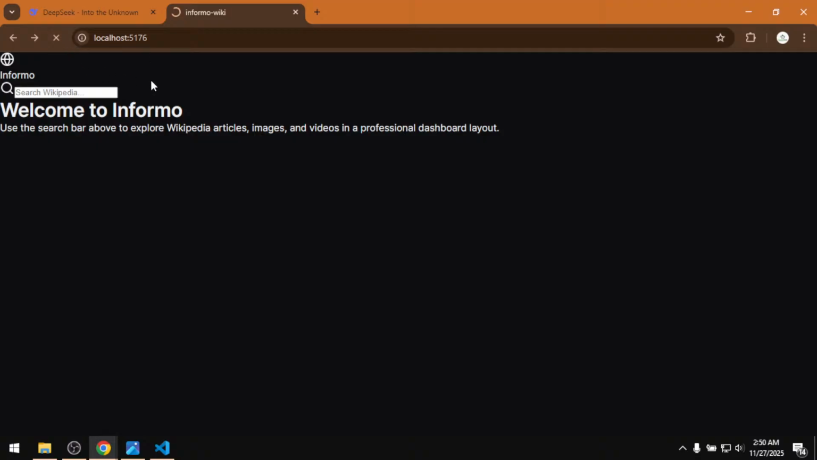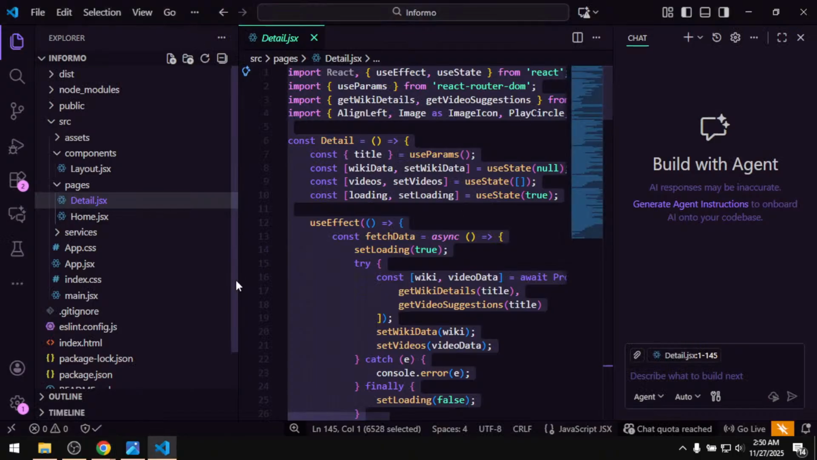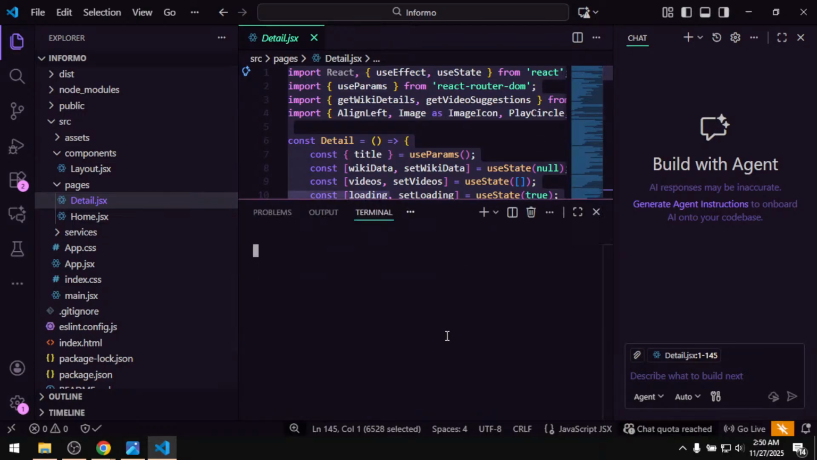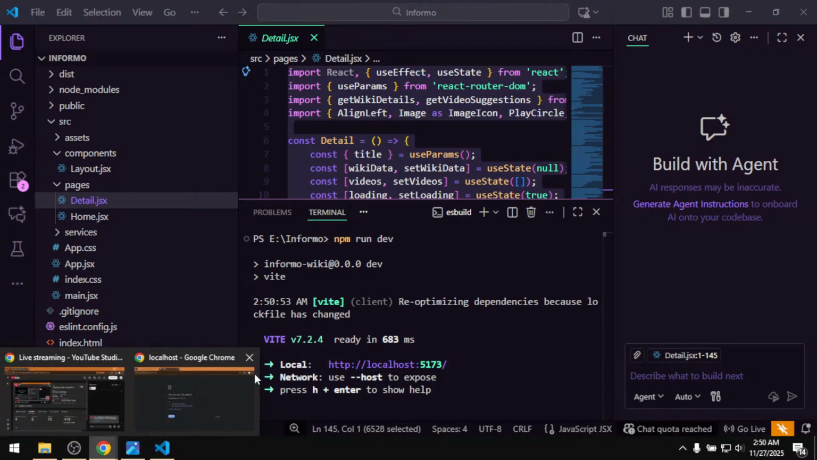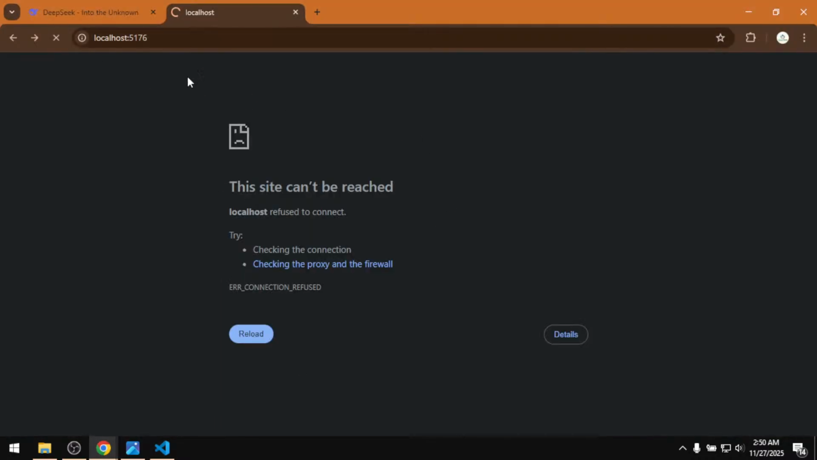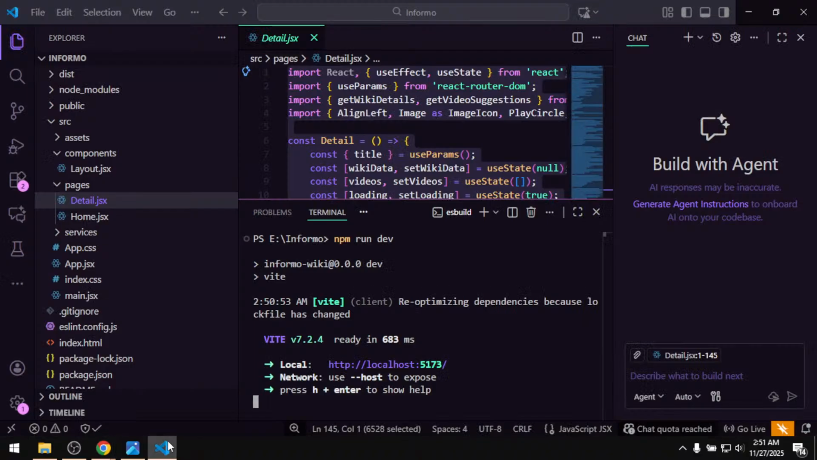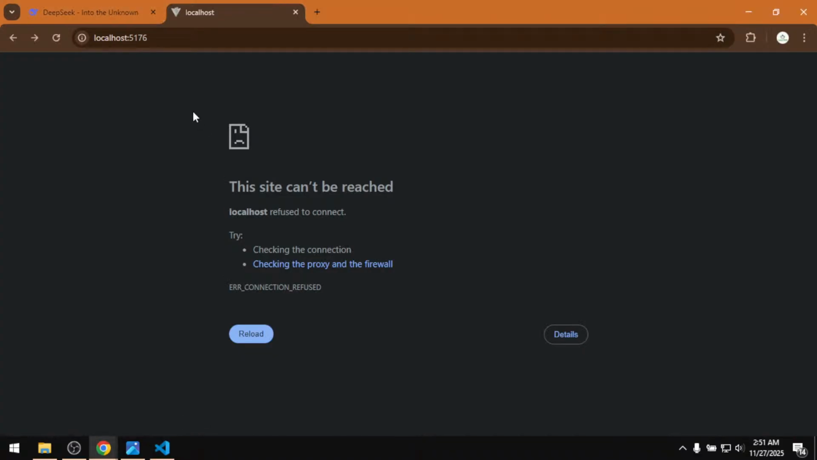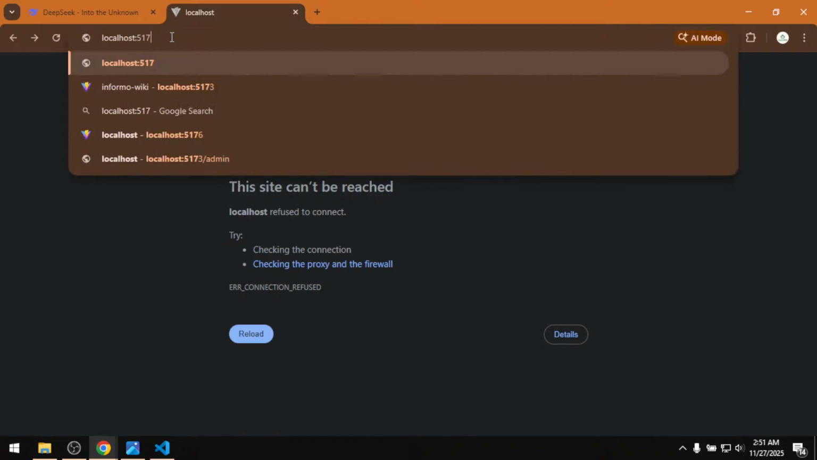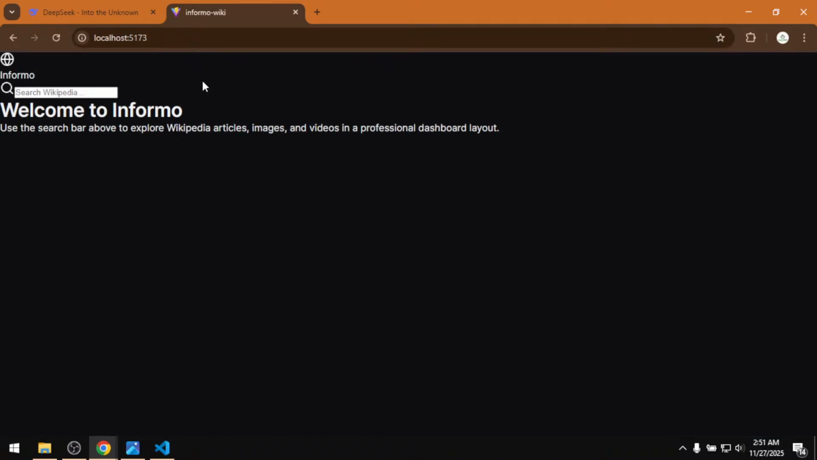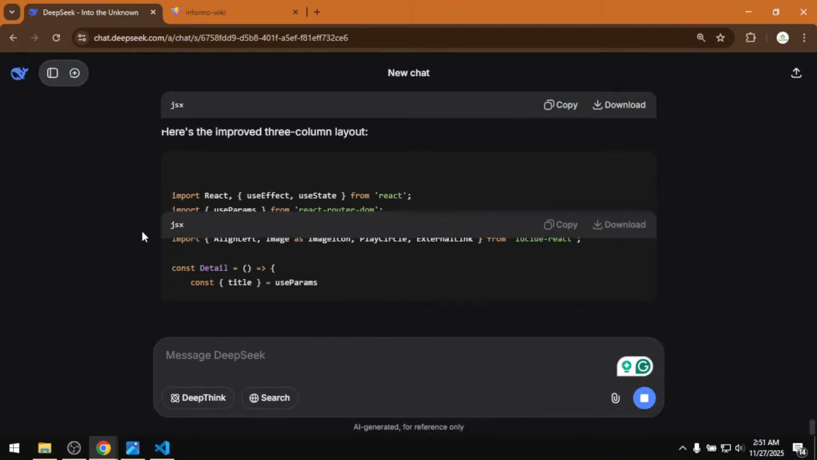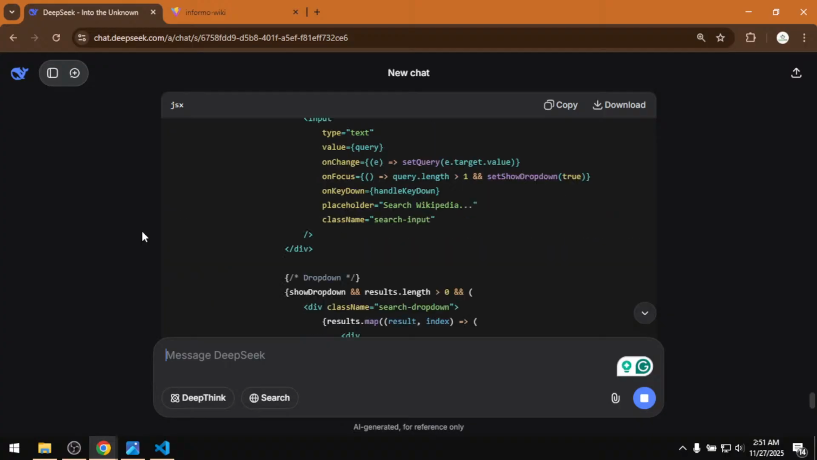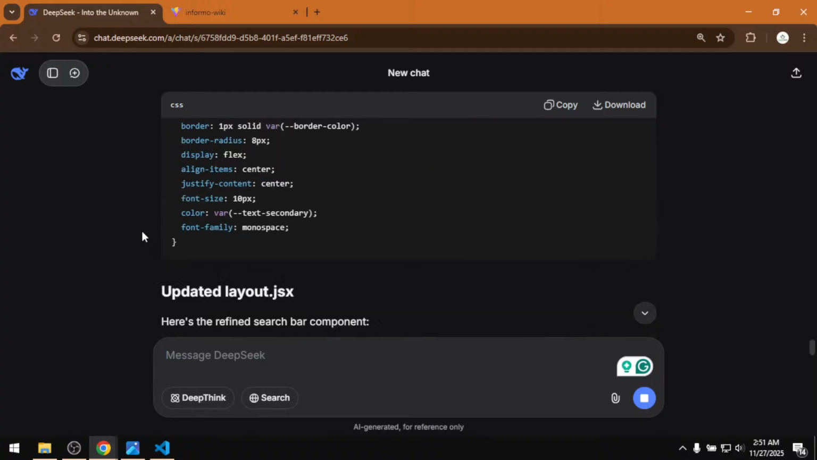Okay, it's not working. For example, where is that? Okay, we will say npm run dev. Oh, it should work. 5173. 5173. No, it's not working. Ooh, this is